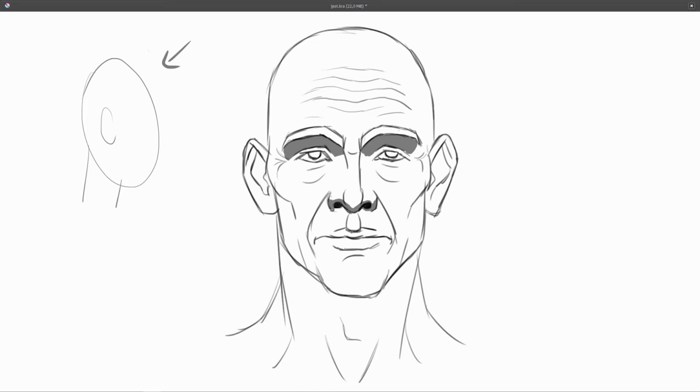Then the upper lips are facing away from the light somewhat, and most of the time these are actually darker than the lower lips if the light is coming from the top like this. These are pretty much the planes that are facing away from the light, and the next thing is the cast